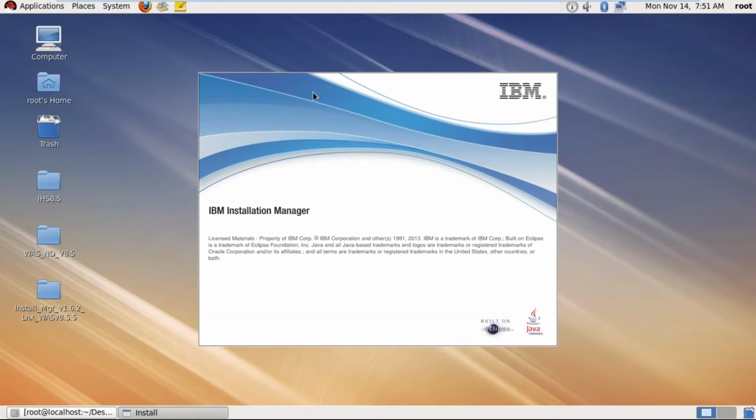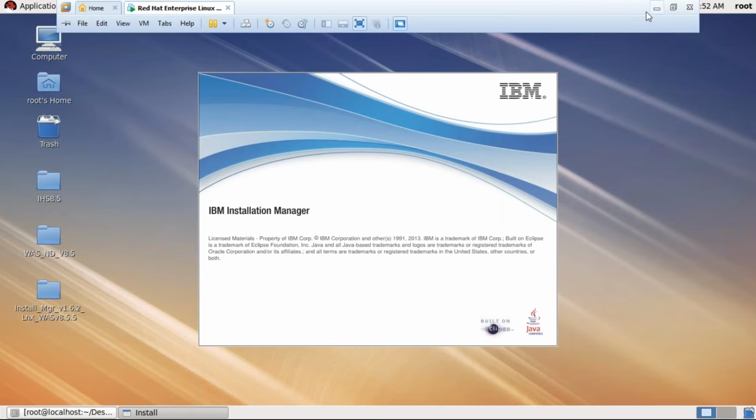This is my standalone Linux machine, so I am able to see the GUI, but in real time they will not give you the machine directly. The Linux servers are located in data centers. We have to connect to the Linux machines through PuTTY, a third-party tool.